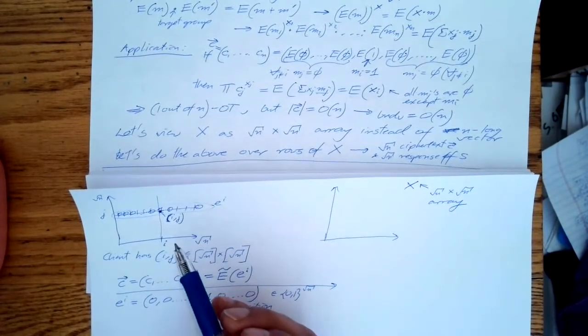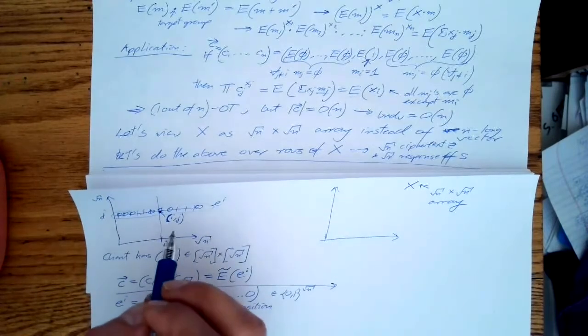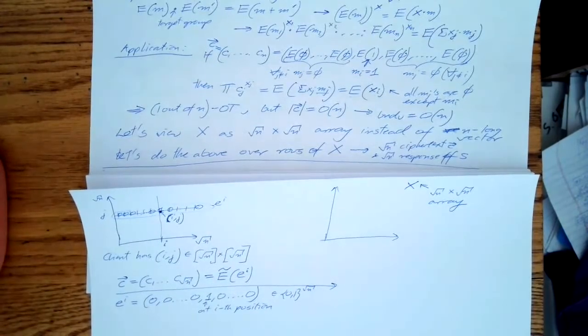So I will take every row and I will, hold on, am I doing it over rows or am I doing this over columns? Can I manage to confuse myself? Doesn't seem right. If I'm doing it over rows, then